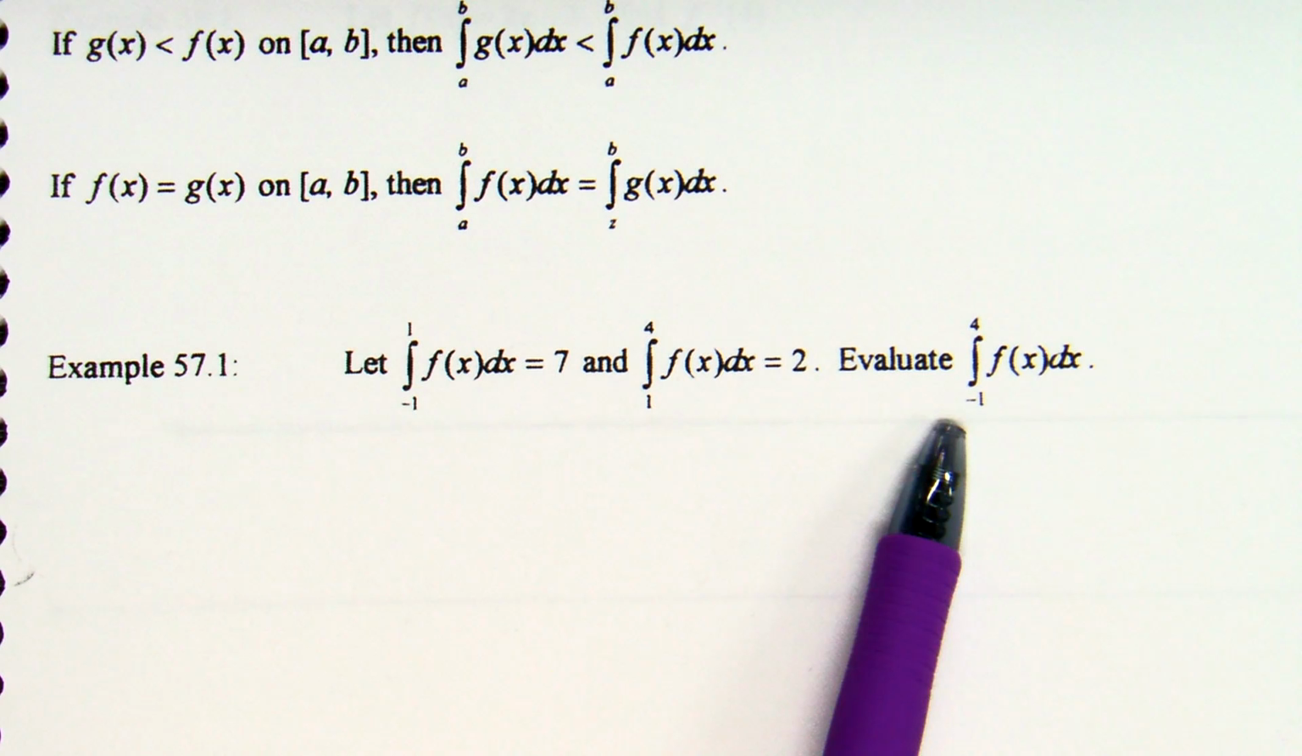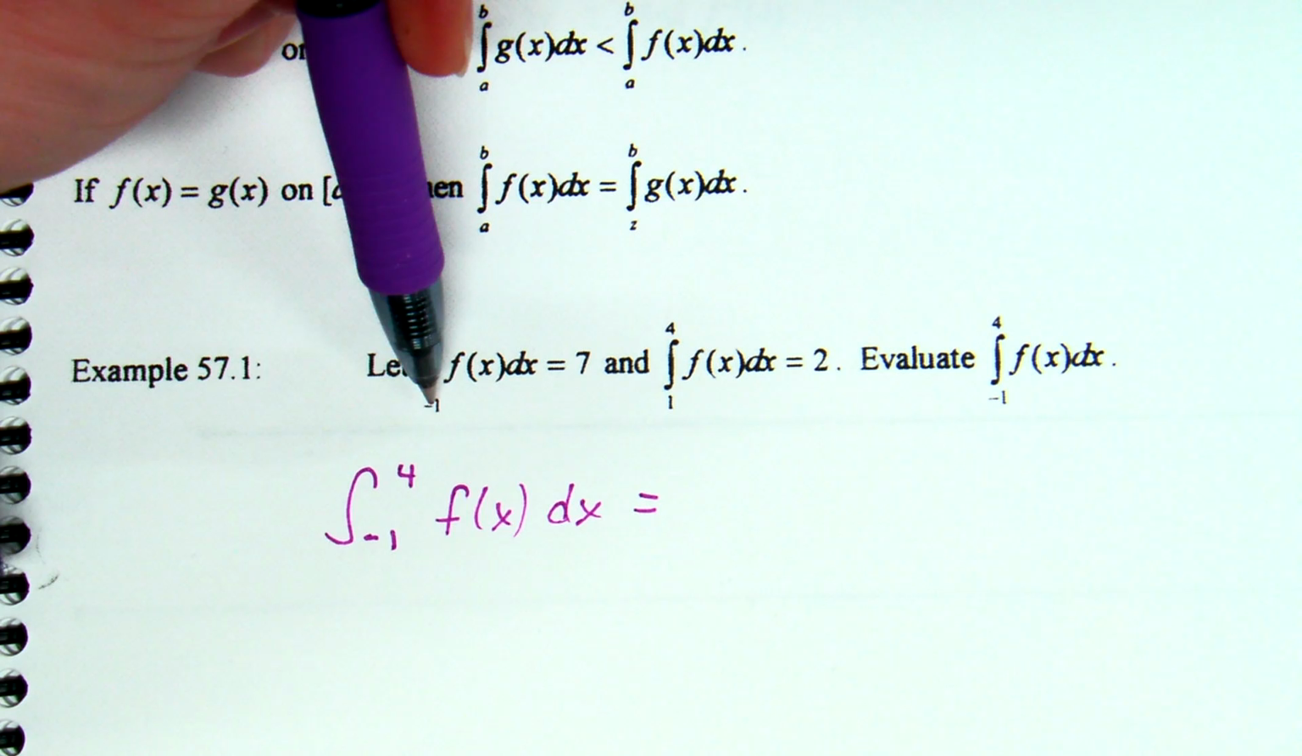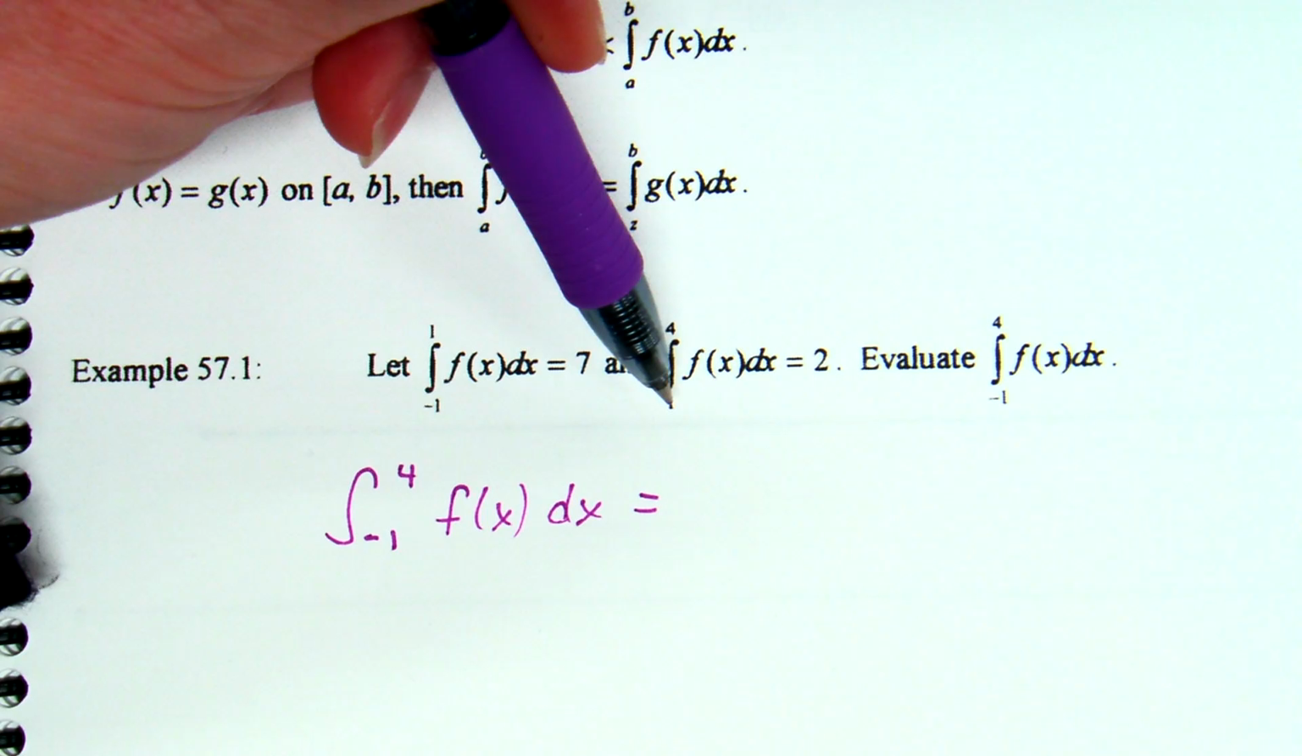The integral we're trying to find is the integral from -1 to 4 of f of x dx, right? That's what we're trying to find. Well, notice, what are the pieces they give me? They give me one that goes from -1 to 1, and another that goes from 1 to 4. Notice what's overlapping. The ones are the same. The top boundary of one and the lower boundary of the next are overlapping. So this is